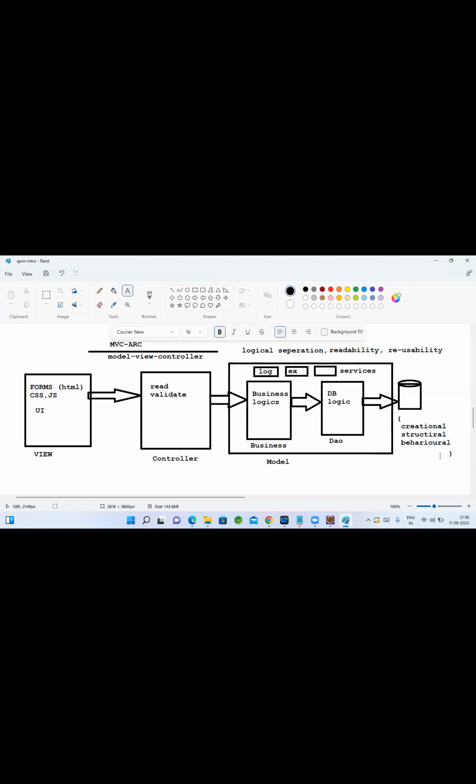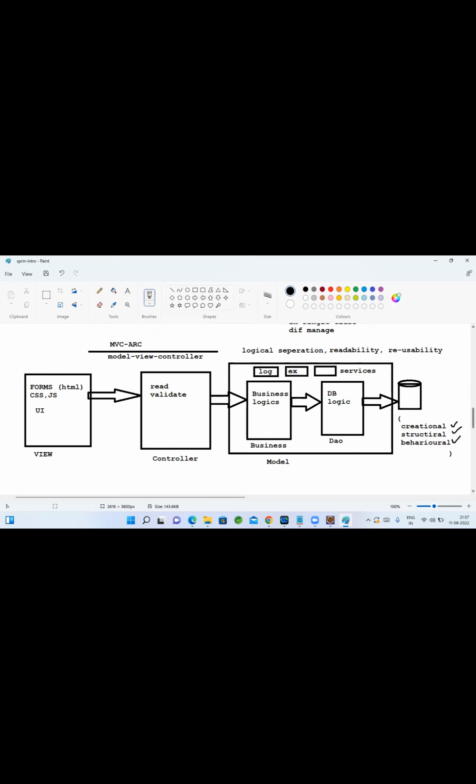Design pattern means a best practice, you can say. A best practice that we need to use for developing our application. Even without those patterns you can develop, but it will not give the best result. If you use the design patterns, they will give the best results. Why frameworks became popular is that when we use frameworks, most of the design patterns are designed internally and provided to us, so that for your application you need not have a very skilled architect to design those patterns.